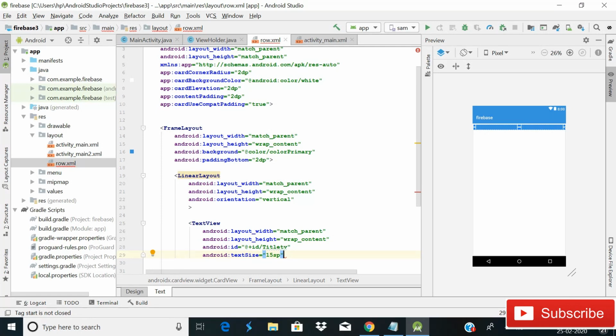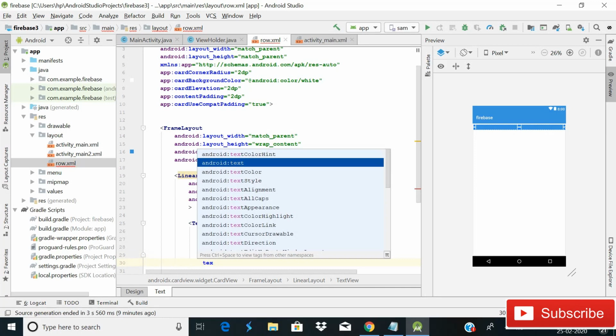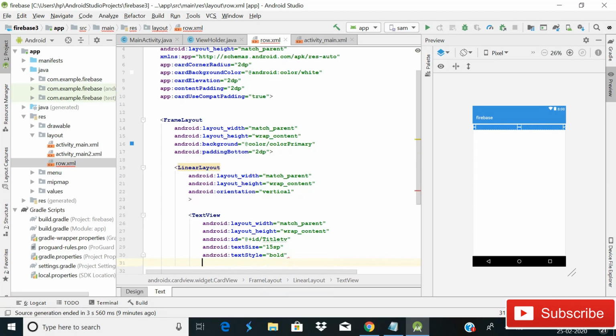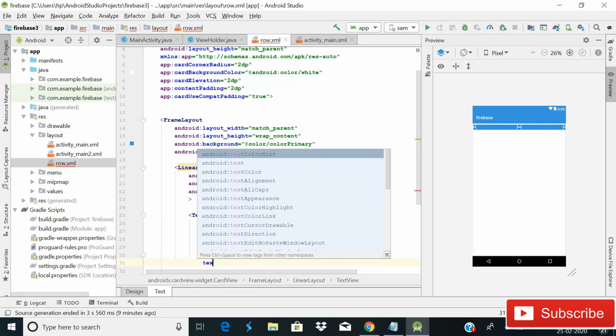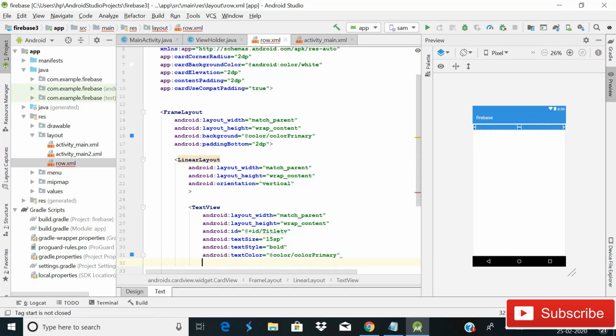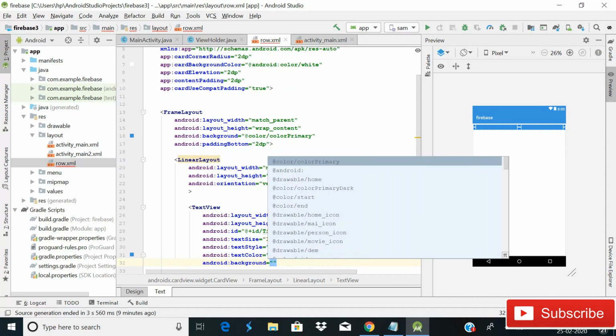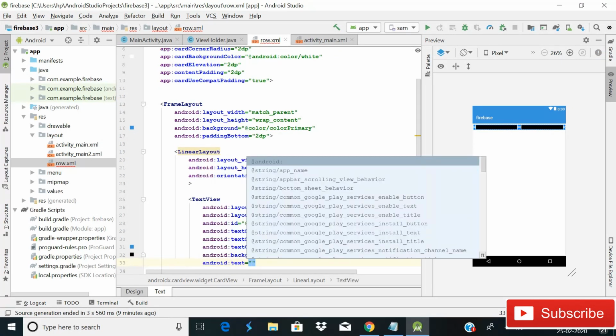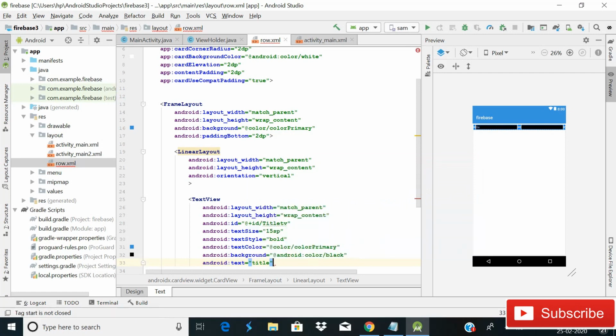For text size we use sp, and then textStyle bold, and then textColor primary, and background color Android black. I think now our text is done, and the text will be title. Now our text is complete.